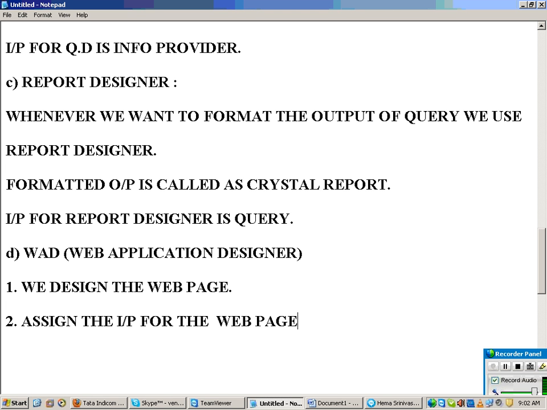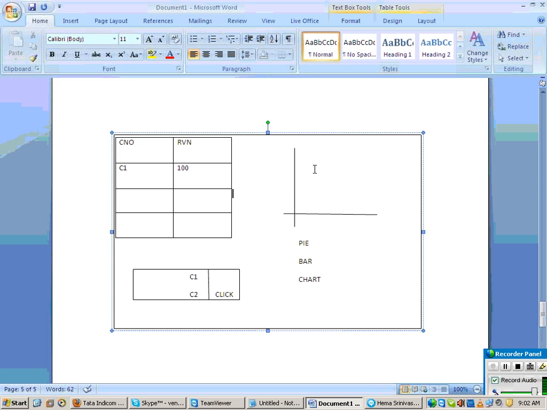I am saying my output should be two tables, table 1 and table 2. In WAD, you get something called web items. Let us say one web item I'm using is a table. I'll drag a table and put two tables side by side. For table 1, the input should be query 1. For table 2, the input should be query 2.